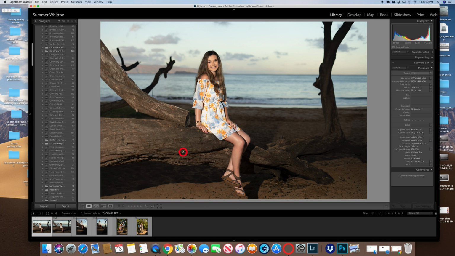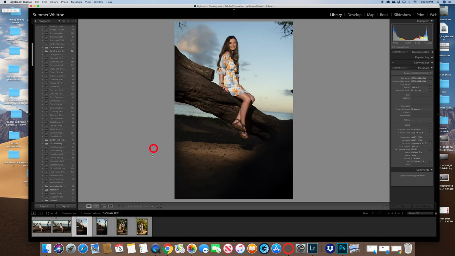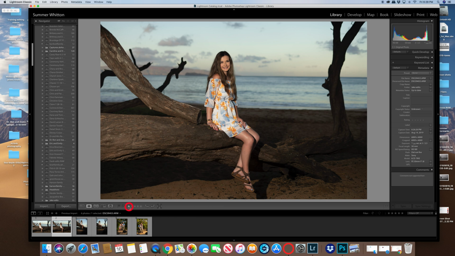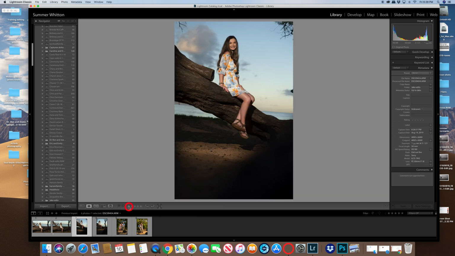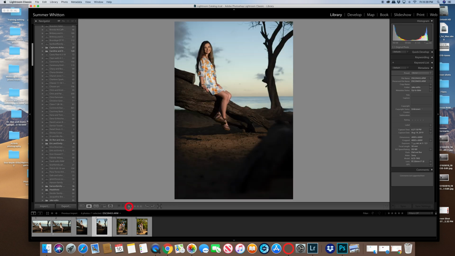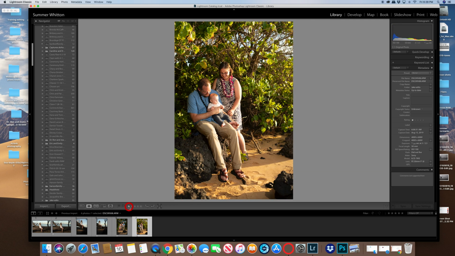So I literally just go through with the arrow, and I would say pick the ones I like. And let's pick that one, and let's pick these two. So anyways, pretend there's 300 photos here I went through, and then I picked my favorites quickly this way, and then I went and